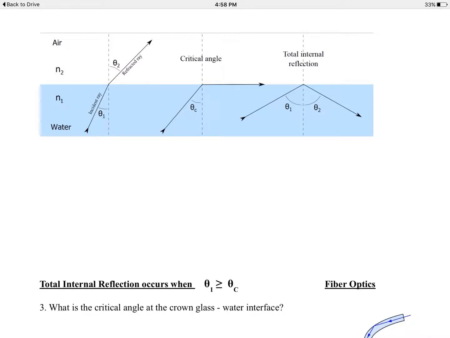On the left hand, there are three diagrams here. In the first diagram, we have a ray of light that's at angle theta sub 1. Kind of missed it there. And it bends. There's the refracted ray. It's supposed to be on top of what they've given me. Theta sub 1 and theta sub 2. Theta sub 2 is bigger than theta sub 1 since you are going from a more dense to a